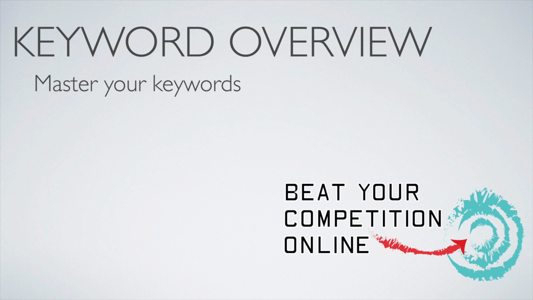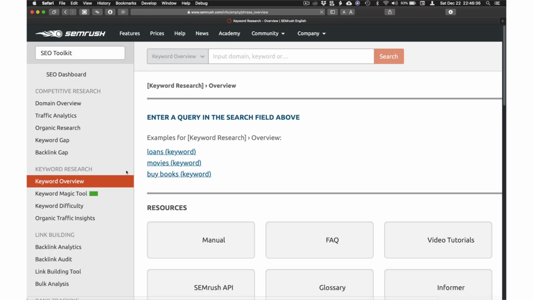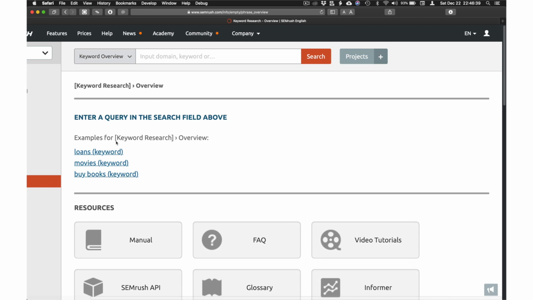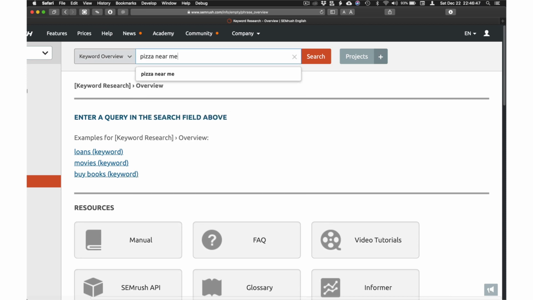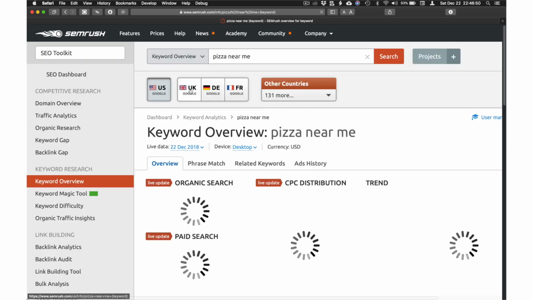But before you can bring in any traffic from search, you need to decide which search terms are worth pursuing and trying to rank for. This is where keyword research becomes so important. The Keyword Overview Report is the easiest place to start your keyword research and grow familiar with SEMrush's reports and